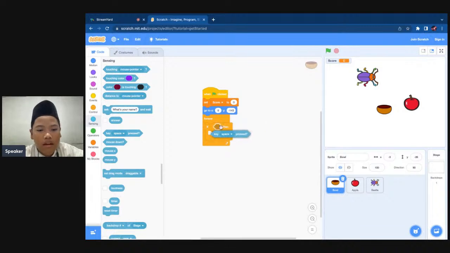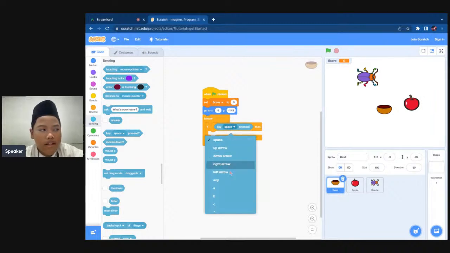Not inside like a normal block, not under the if then block, not inside, but on the if then block. So it's like connected into one block like this. Now change the space into D.